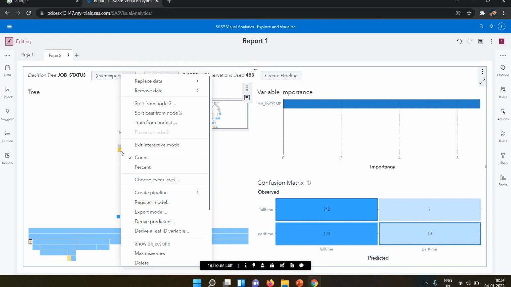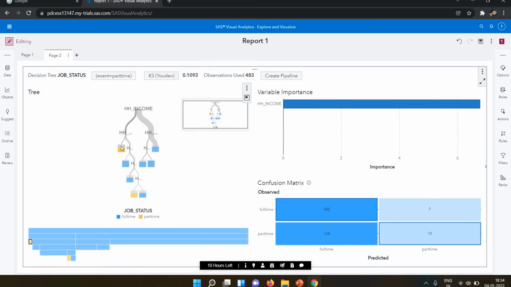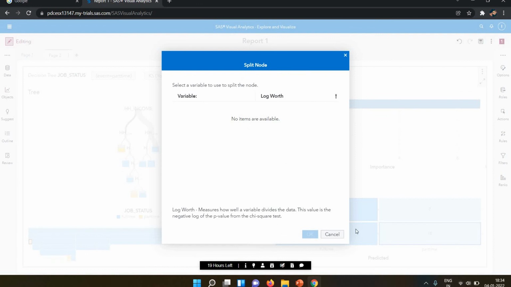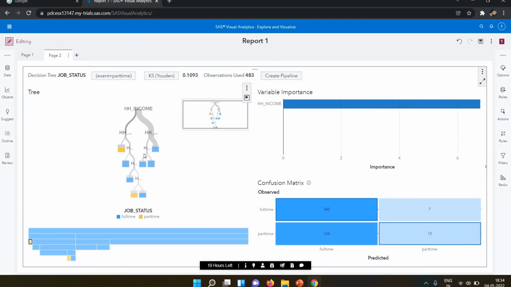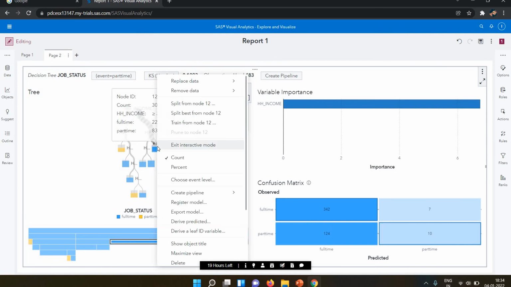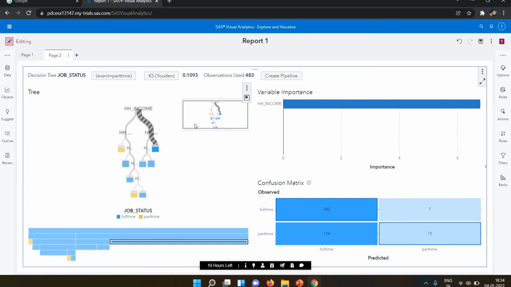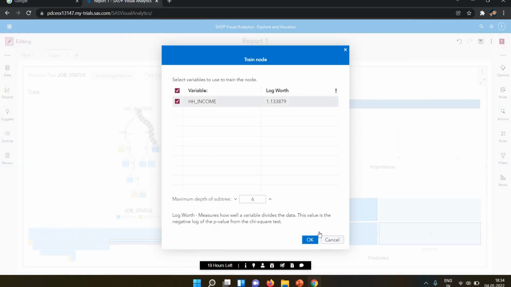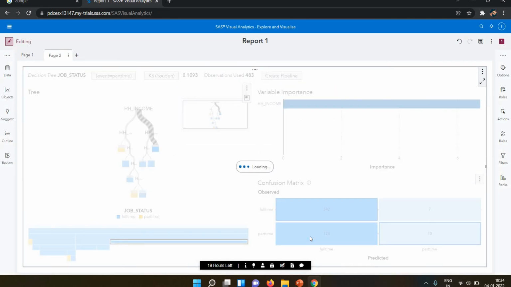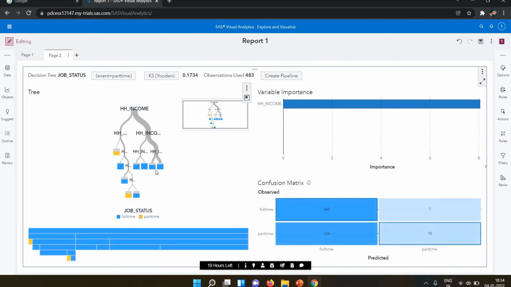Let's suppose I want to split this part time. Suppose I split the node. If you want to split the node, you can split it into multiple ones, and you can also train your data from node 12. So I click on train from node 12, and that is also possible. You can train data with the previous one. Now you can see this is the train data from node 12. They distributed it into two parts, node 15 and node 16, based on node 12.